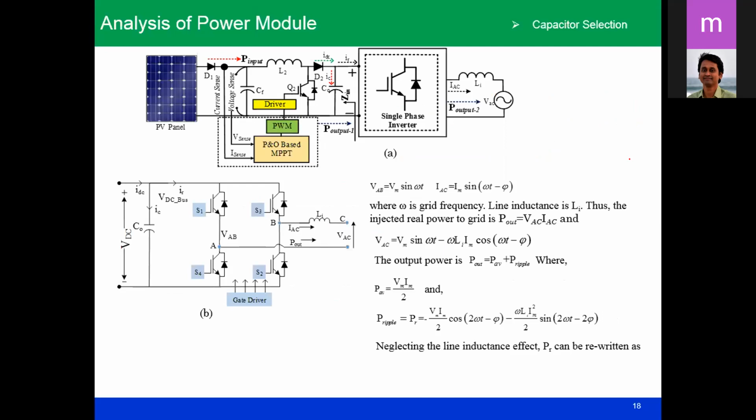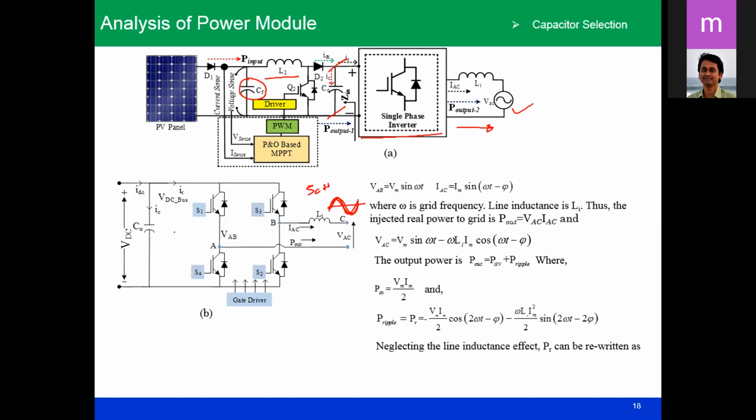Let us say you are happy that we have some idea of what range the capacitor should be. But now this capacitor, along with a boost converter, is the output capacitor, and the output side is connected to the inverter before you connect to an AC load, or to the grid. If you do the analysis, you see that to supply 50 hertz, I am assuming 50 hertz is the AC source, you will find that there is a second harmonic, 100 hertz ripple, present.